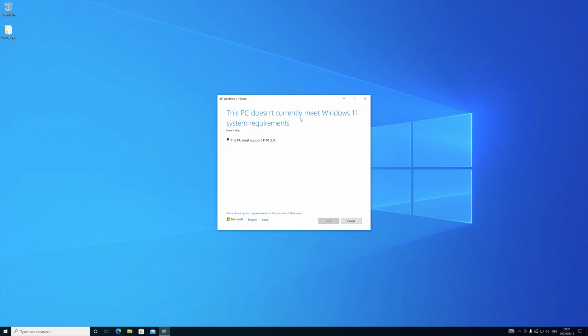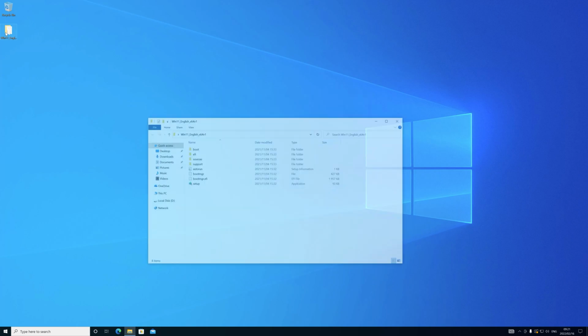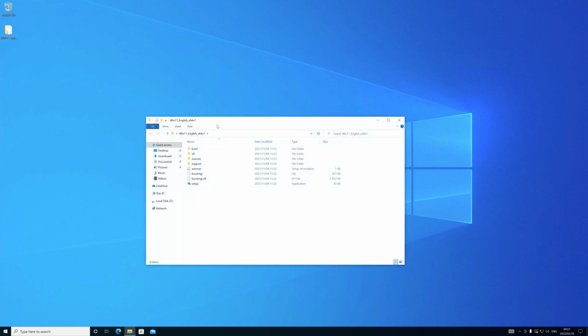So unfortunately, I get a message that my PC must support this TPM. So we just cancel that normally. Give it a few minutes. So now we are just required to open our folder again. Under the subfolder sources,